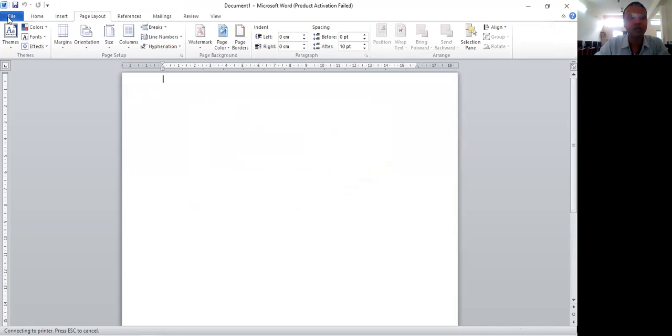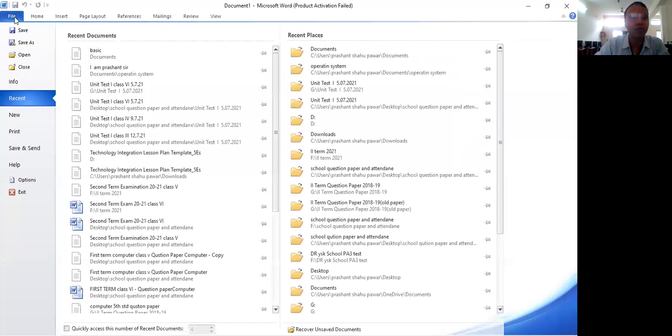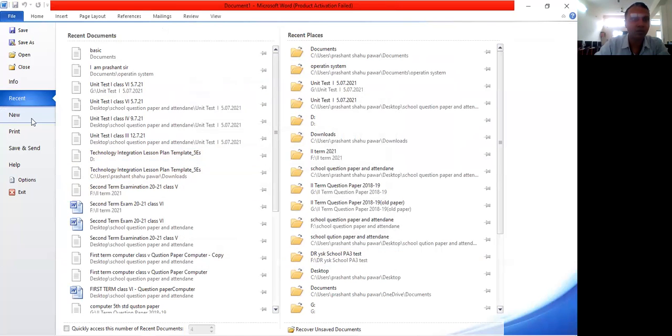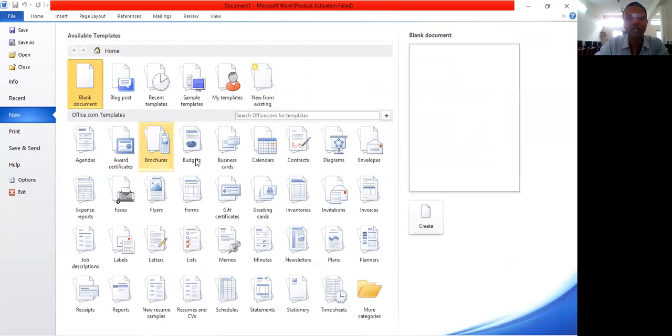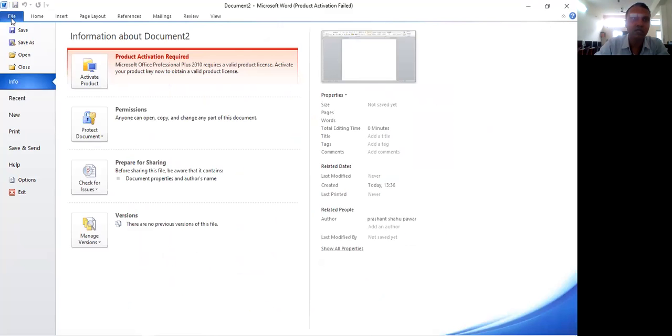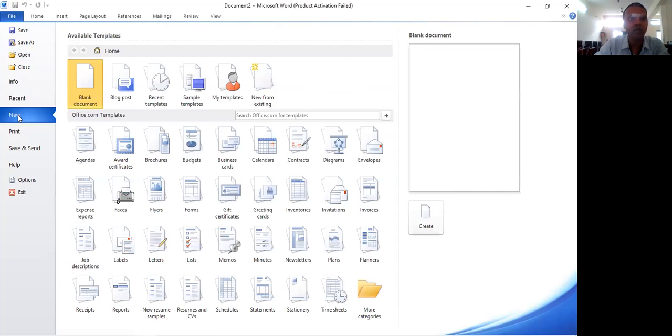It is showing a processing. So we have to go one by one. Here you can change the layout. Just click on New and here you can change the layout also. Okay. If for example, I want a blank document, then I will click blank document and here it will open a blank document. Just click on Create. Blank document is created. Now, if you want to change this layout of document, again click on New.